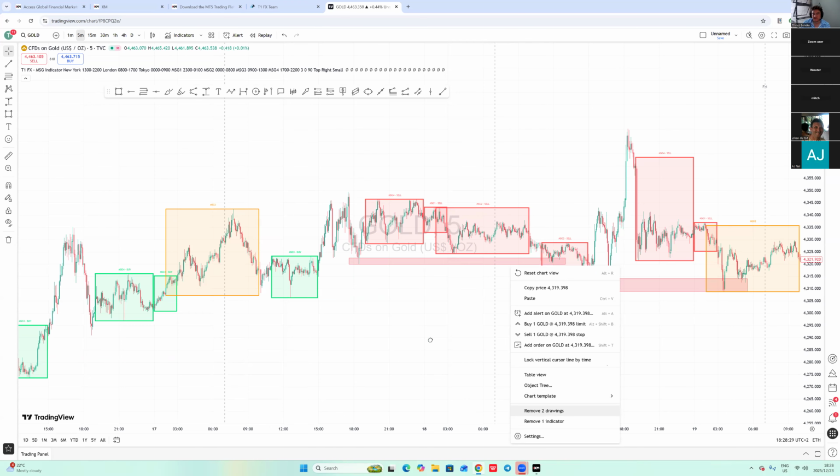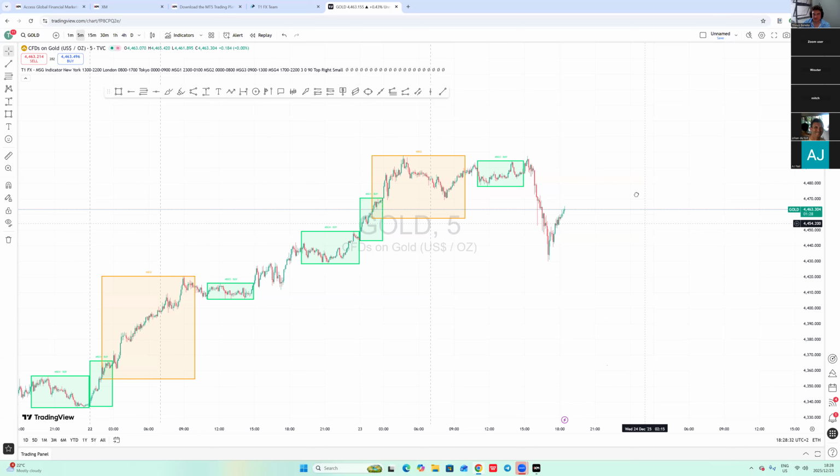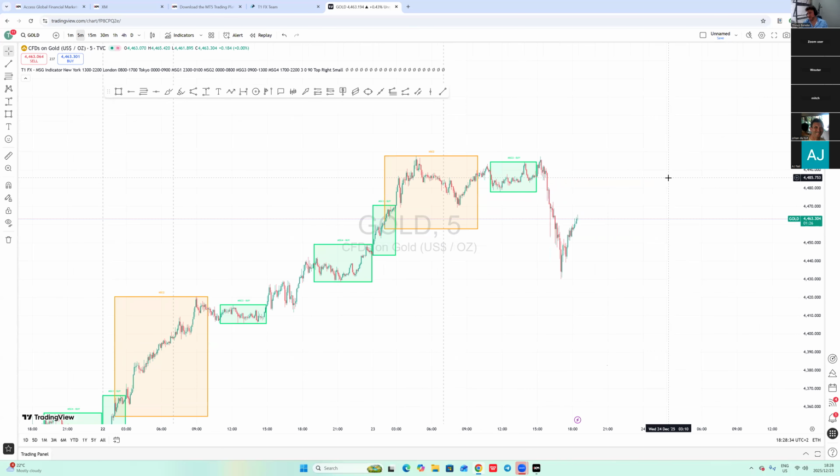So you need to understand how it works. You need to understand how this MSG works in order to trade it. Plain simple. Any questions? We covered basically everything. How to get it on your TradingView, how the MSG and the Lego method works. What does MSG stand for? Major station gap, right? How to get it on your MT5. Where to go and download the indicator. Everything is there, but obviously this video will be on YouTube as well for you to go and check it again. Any questions?